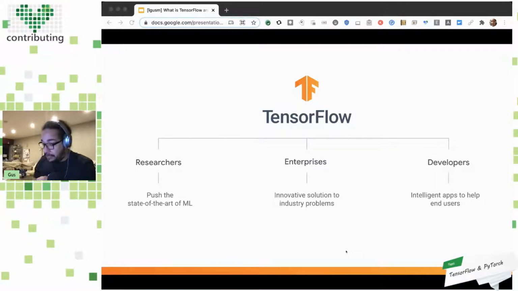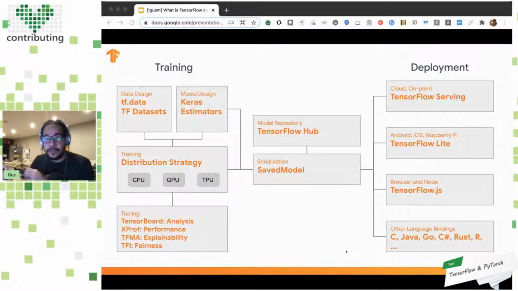So we pay a lot of attention to these three groups of people, and to give them the tools they need. And when I say tools, there's a lot of them. As I mentioned, TensorFlow is not just a library for machine learning. It's a complete framework that goes from creating your model, which we can see on the left side there, I guess it's left, where we have TF Datasets, we have the Keras API, we have distribution strategies, and we have a lot of tooling to deal with performance, to having a model repository. For example, we have TensorFlow Hub, where with 2 lines of code, you can already use a model, right? Download a state-of-the-art model and use that in your pipeline, in your app, wherever you want.